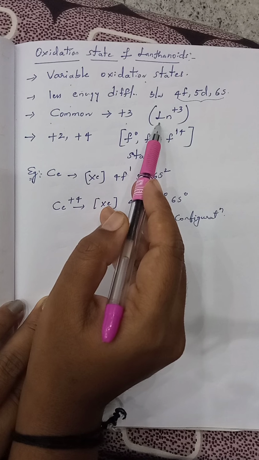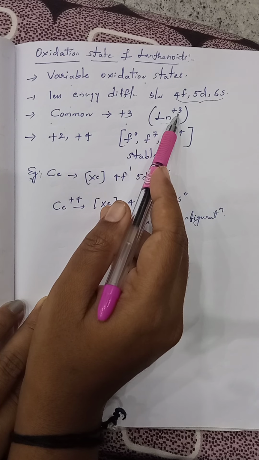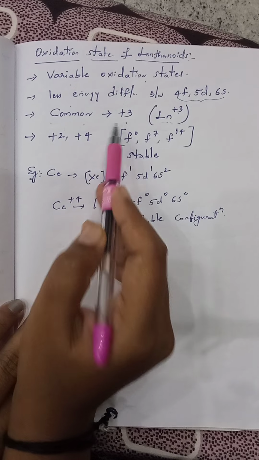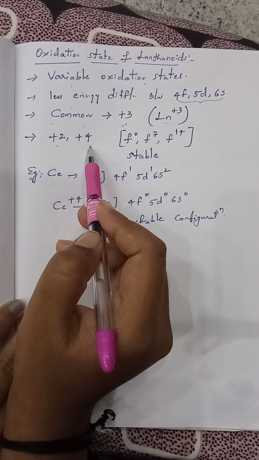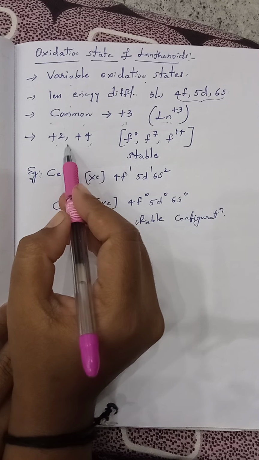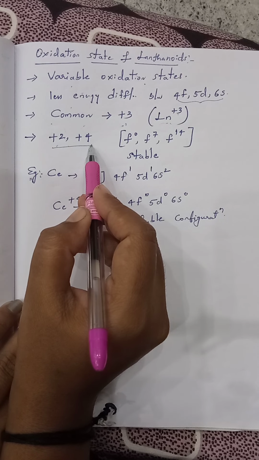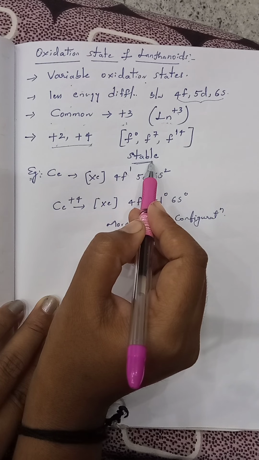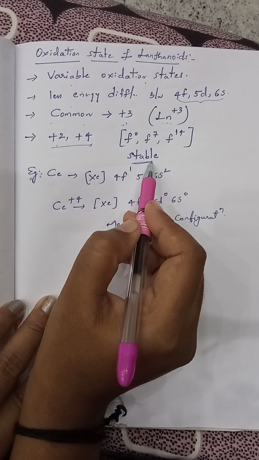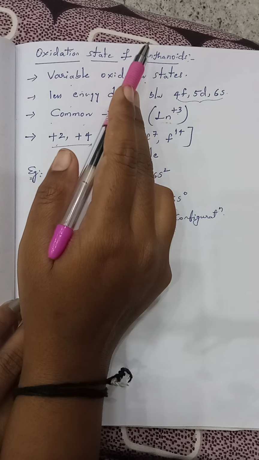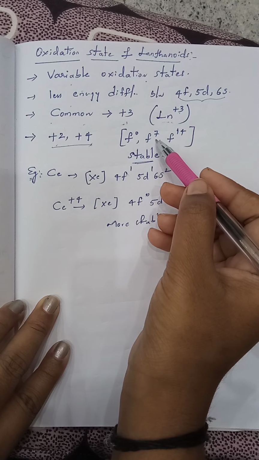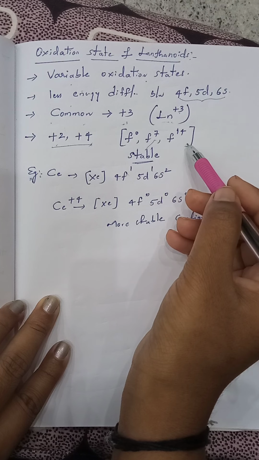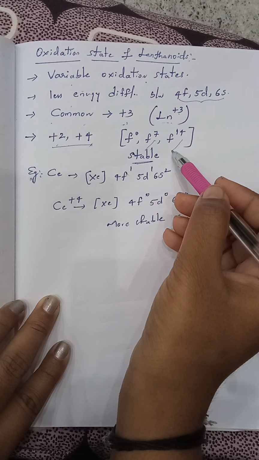Usually lanthanides are indicated by Ln, and it is +3. That is the common oxidation state. Along with the +3 oxidation state, they can also show +2 and +4 oxidation states. Why they show these +2 and +4 oxidation states is to attain a stable configuration. As we know, if an element has a completely filled or half filled configuration, that is highly stable. Now these lanthanides belong to F block elements, right? So if they have half filling or complete filling in the F orbital, then they